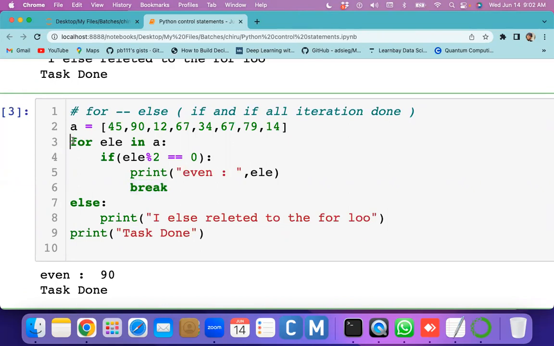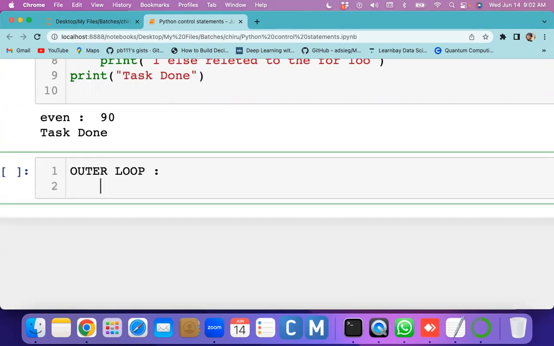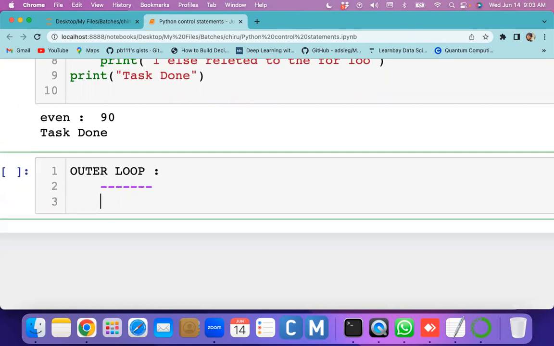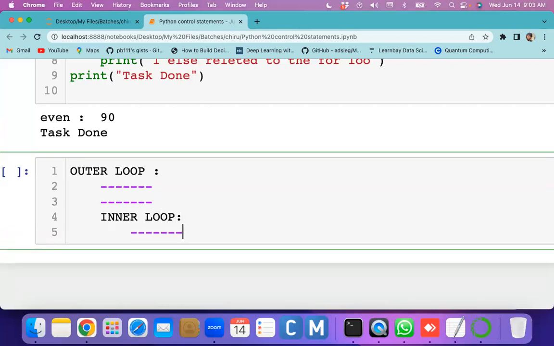Let me tell you one thing. We have two loops. This is your outer loop, I'm just writing outer loop for understanding purposes. Any loop, it might be a while loop or a for loop, it doesn't matter. We have some statements, and meanwhile you have some internal loop, that means an inner loop.